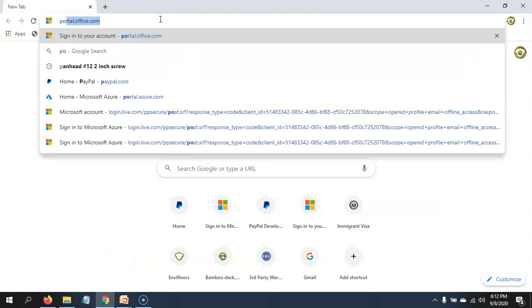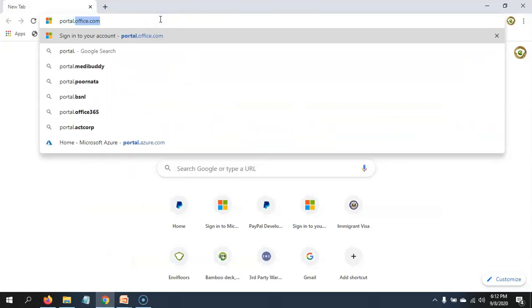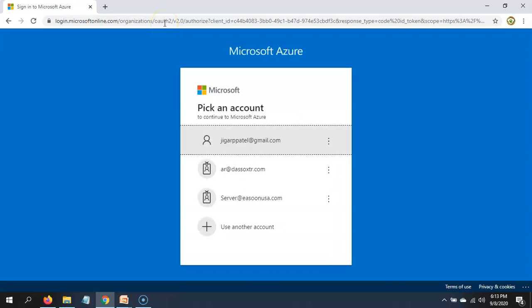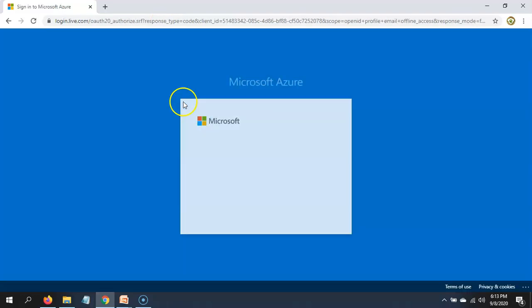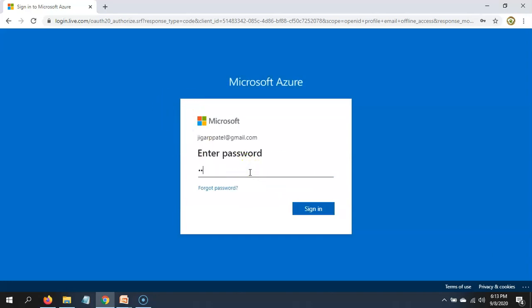To create app service, let's open portal.azure.com. We need to log into our Microsoft account. So let's log in.